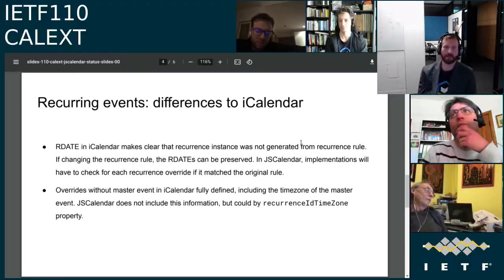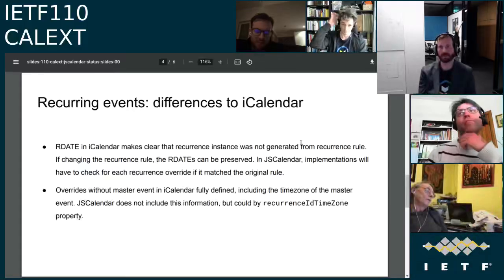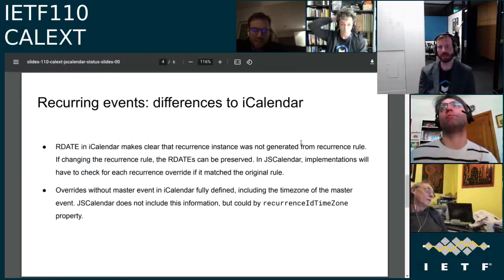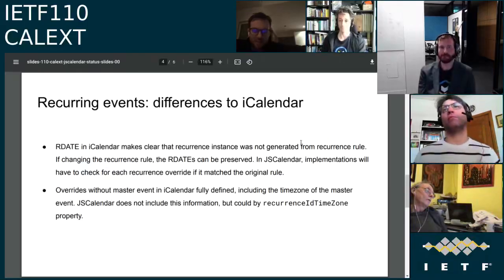I mean, that's entirely up to the client, and that's the same whether you're doing it with iCalendar or JS Calendar. I don't really think this expresses a lot of semantic intent here. If it's an override, then it's an override, and you're right, because in iCalendar it would already exist as a separate full instance of the calendar event, and so it would be retained even if you change the RRULE.